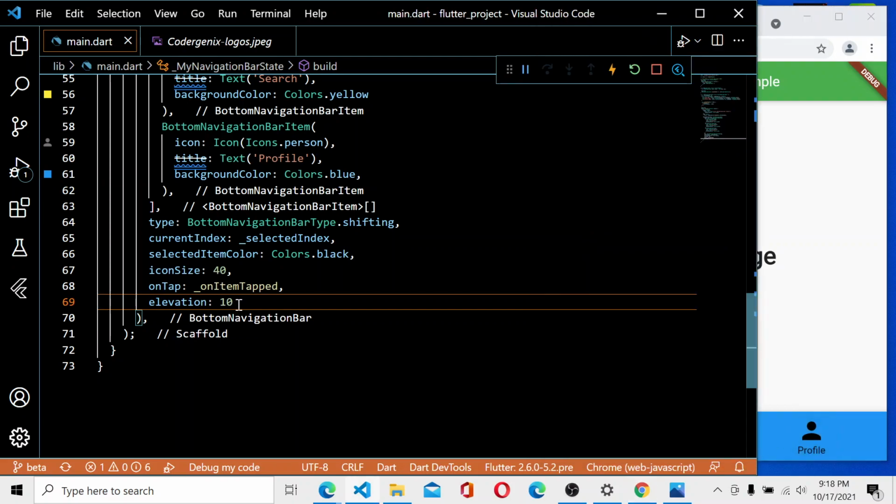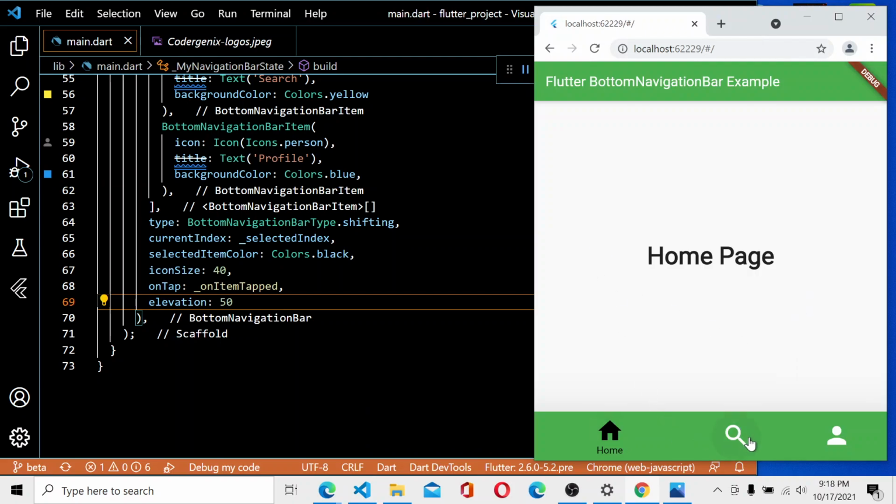The time taken is a long time, so I will make it longer, 50. Okay, just a small wait over there, just a small animation. That is what we are referring to as elevation.